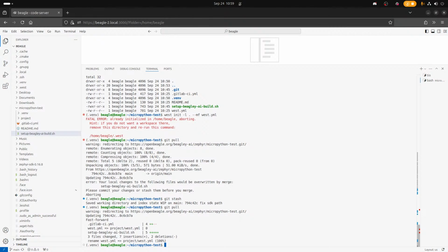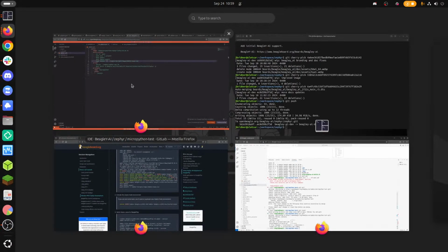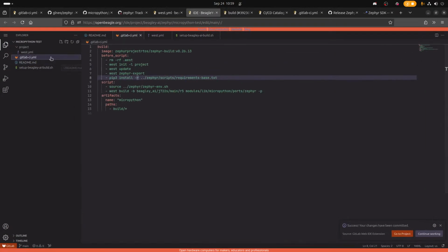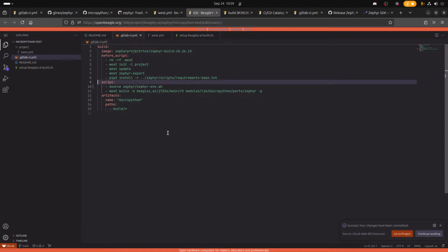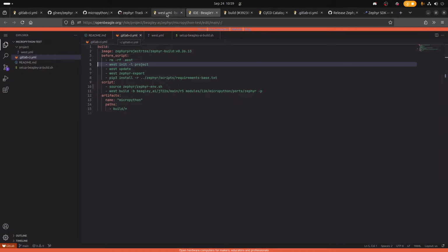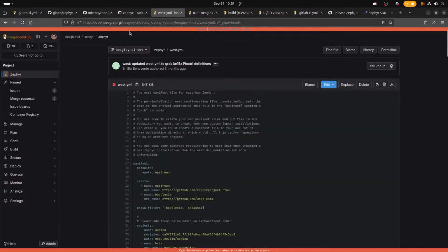In the GitLab CI, the source path I think is wrong, since we do not change into the project directory. In the setup in the GitLab CI, when we source the Zephyr environment, that's wrong. The Zephyr folder would be at the current level, since we made the subdirectory.